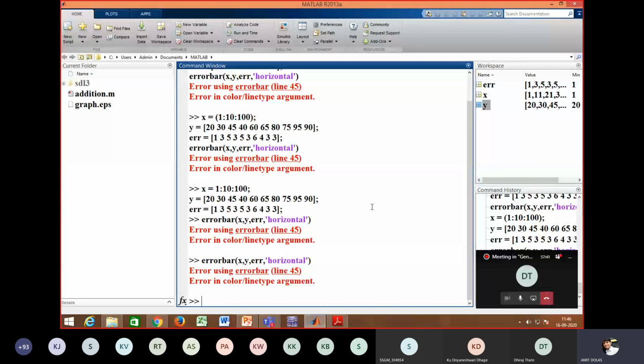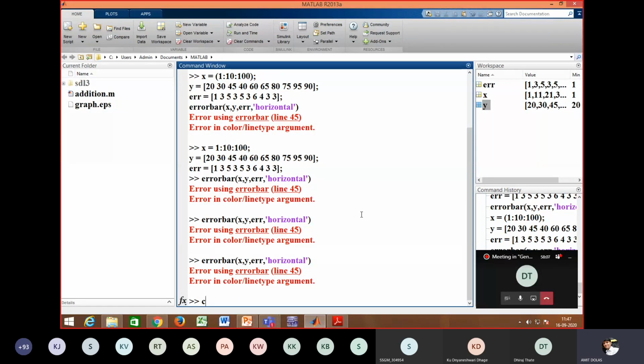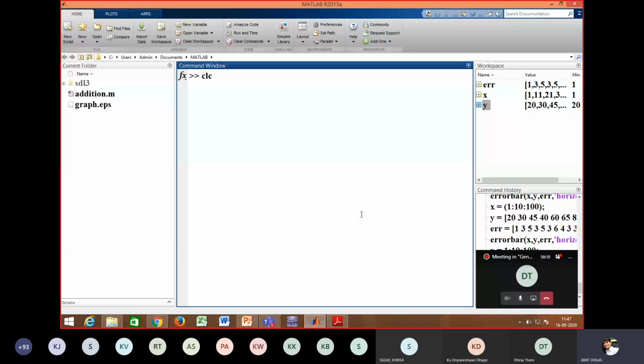Because I have already run this code on my laptop before this PPT. Can you identify the error in this command? Error bar XY, error comma horizontal.